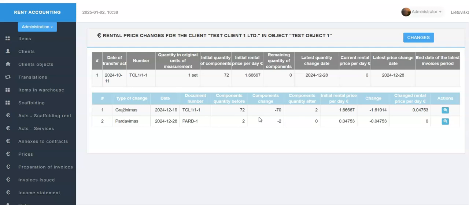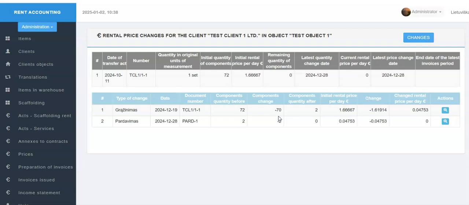It may be the case that there will be 2 transfer acts and 1 return. Then the data of that return will be distributed in 2 tables with a blue header background, which will be located under the tables of the corresponding transfer act, the header background of which will be gray.